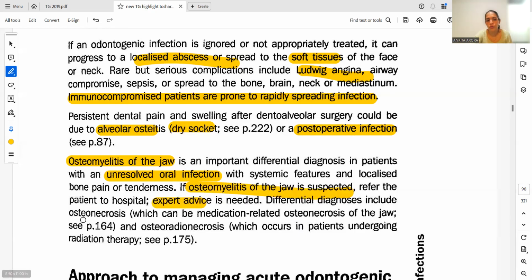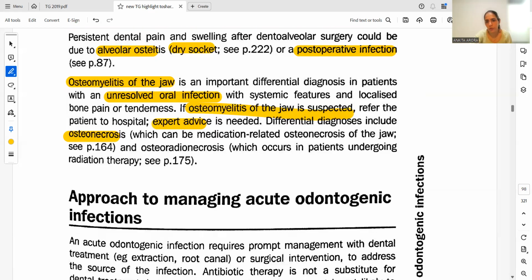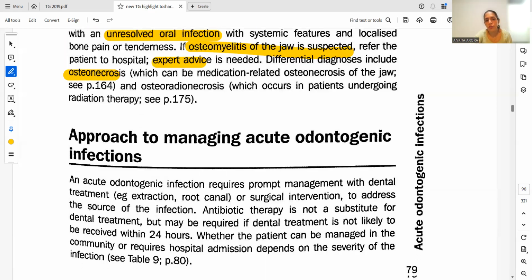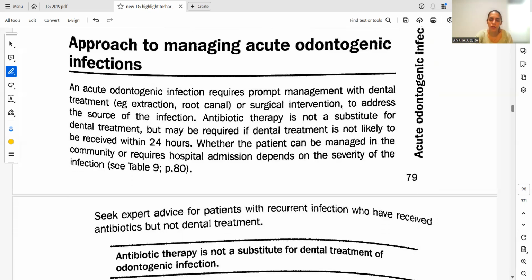Differential diagnoses include osteonecrosis, which can be medication-related osteonecrosis of the jaw, or osteoradionecrosis, which happens in patients undergoing radiation therapy. But whatever it is, the differential diagnosis for both is necrosis of the bone. Then the approach to managing acute odontogenic infections. Now, this topic is very important. You can always expect questions on acute odontogenic infection in